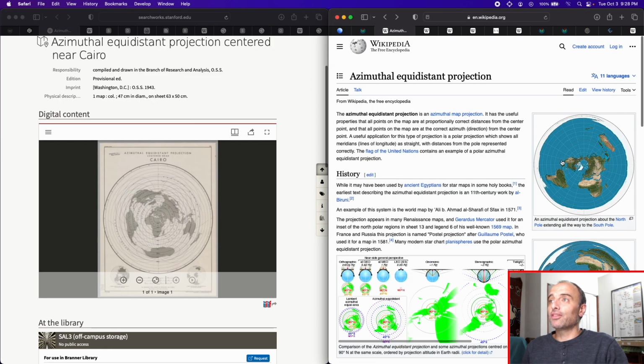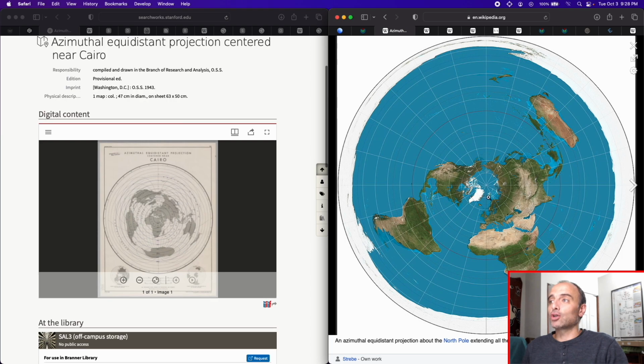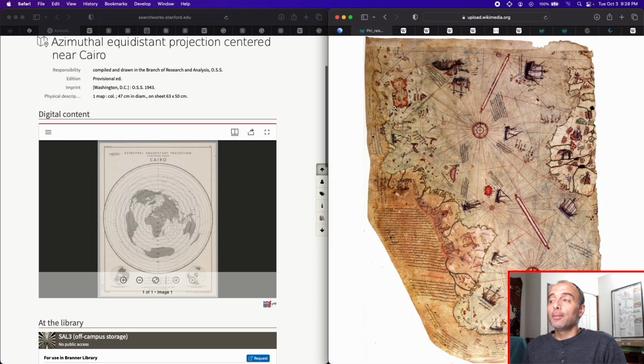You've probably seen this map. This is azimuthal equidistant projection, but this one is centered on the North Pole. So you're probably familiar with this map. It's used in the UN's logo, the United Nations, and it's also used by flat earthers to claim the Earth is flat. We don't actually know what projection scheme he used, but we do know that this is what's called